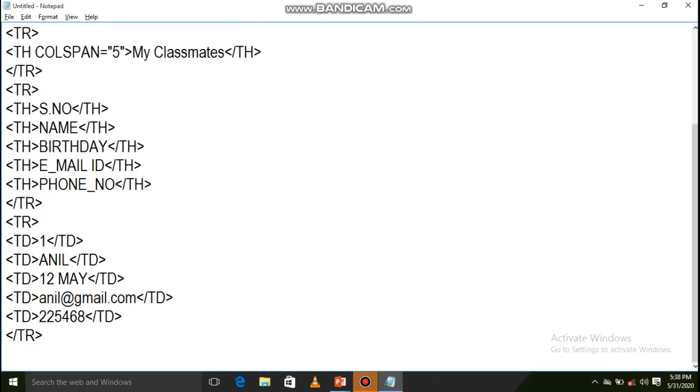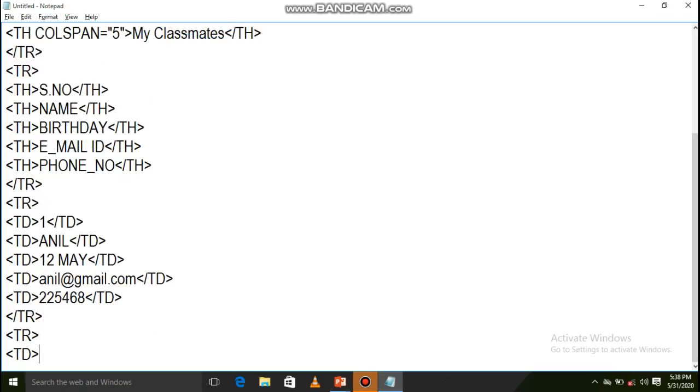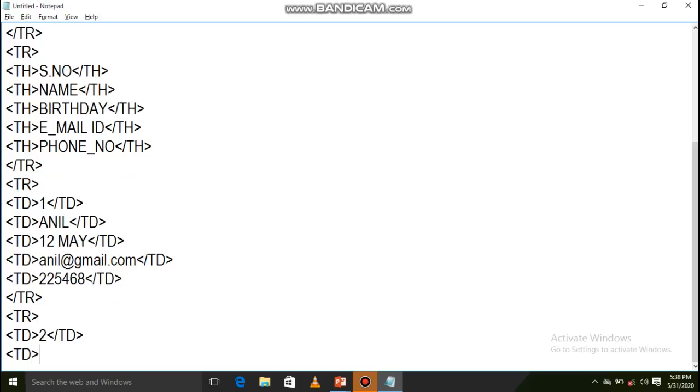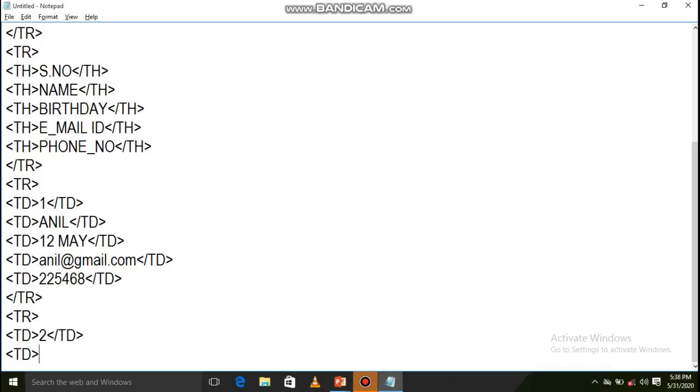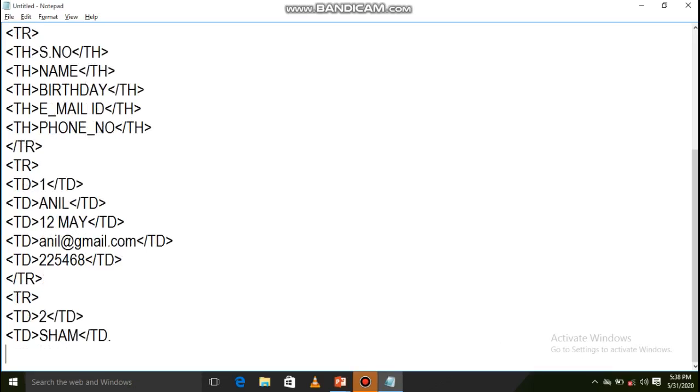Likewise the next record also we need to insert. How to insert? For the second row we need to take one more tr, inside this td tag, next is 2, td close, next again one more td for another column. Here we need to write the name, Sam, td close, next again one more td.